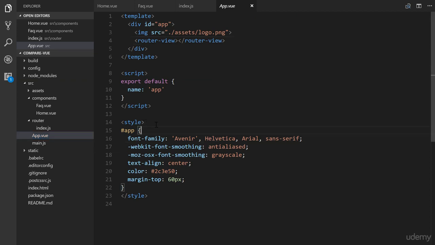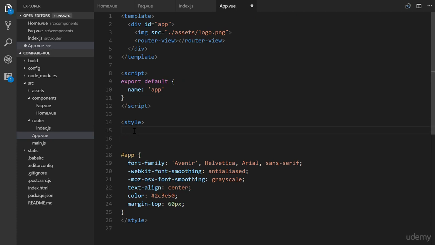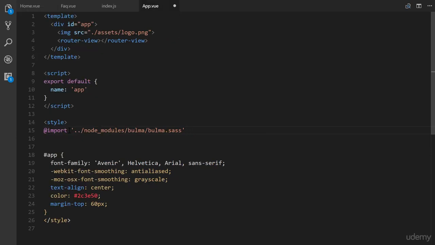The way you define this is we have two different steps to concern ourselves with. At the very top, we're going to put this command, which is @import, and then the location. Now notice it's a Sass file. Bulma does also include a CSS version as well. If you just navigate to the node_modules bulma folder, you'll be able to find the exact location of that folder. But we're going to use Sass